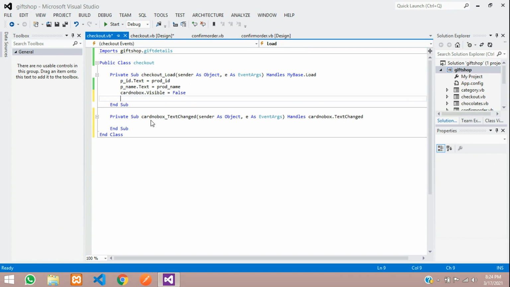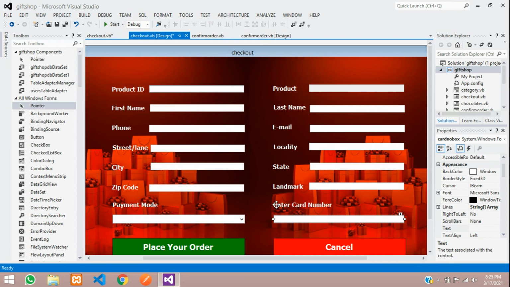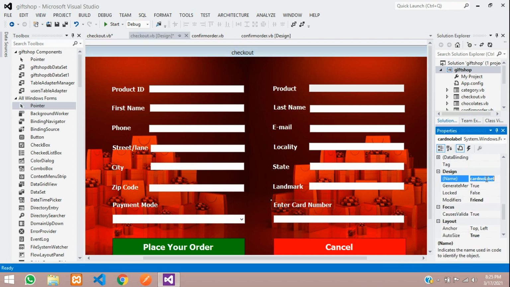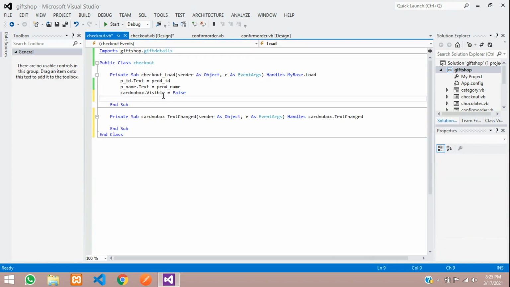Equal to false on the label name also. If this is hidden, this also should be hidden along with it. So we'll see the name, card number label, copy that and paste it here, dot visible is equal to false. Now when the form loads, this will not be visible.